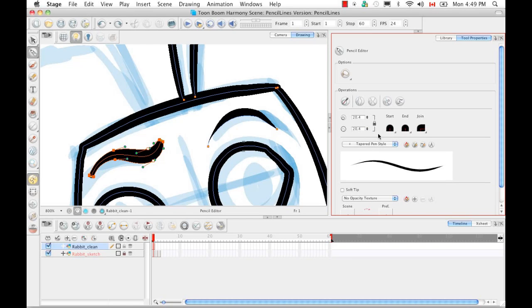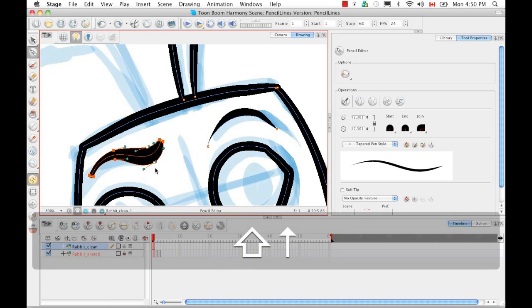You can also use the keyboard shortcuts Shift up arrow and Shift down arrow to change the width of these 2 selected points. So let me just put the focus back on the camera, double check that these 2 points are selected, and then use Shift and up to increase the width and Shift and down to decrease the